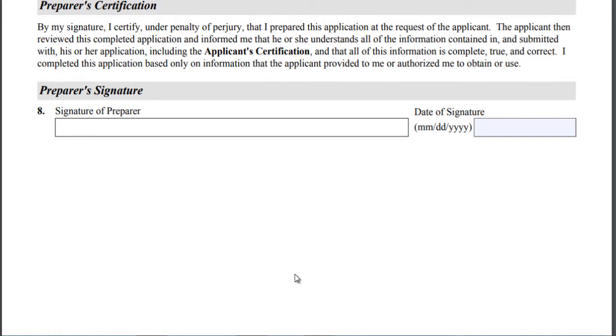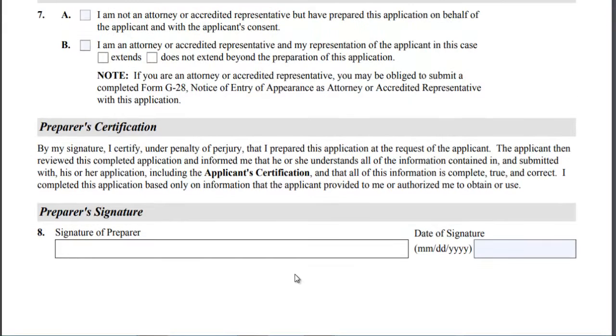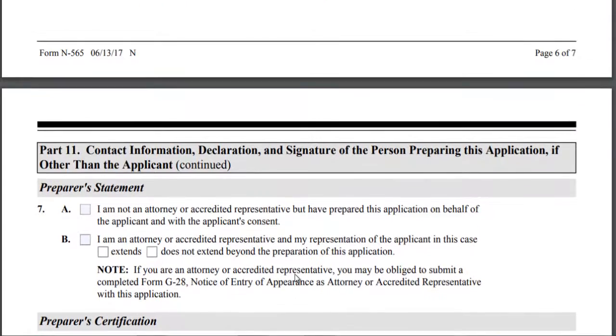And if you do it by mail, you must submit this form by mail. If you use the USPS, you must send it to USCIS, PO Box 250, Phoenix, Arizona 85036. If you're using FedEx or UPS, USCIS, attention N-565, 1820 East Sky Harbor Circle South, Suite 100, Phoenix, Arizona 85035. If you have any questions, guys, remember to comment below. I will provide this address below